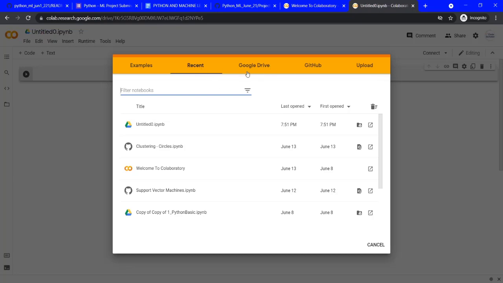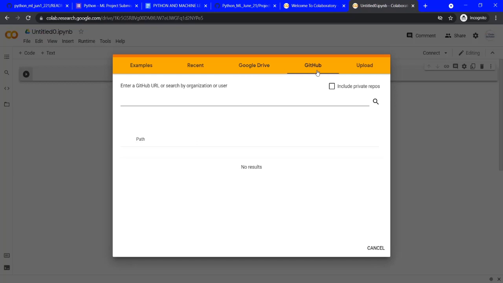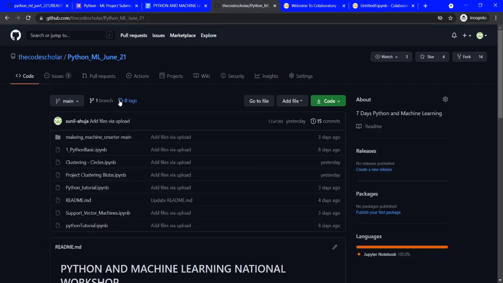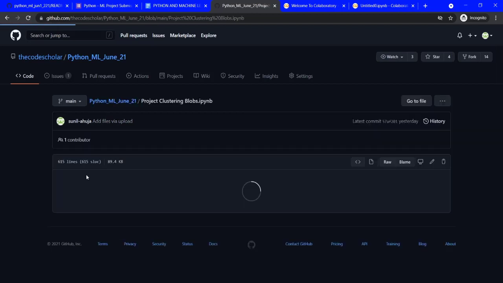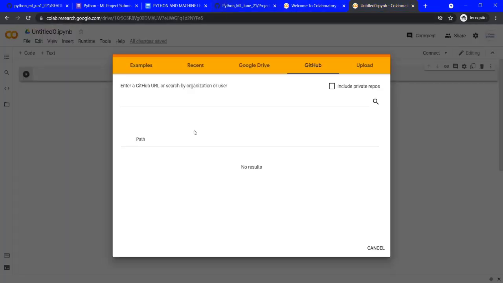It can be your recent files, or maybe present on your Google Drive, or it can be GitHub. From our main bootcamp GitHub account, just copy this file. If you go to this Python bootcamp folder, which was shared with all of you, you can see here project clustering blobs. Click over here, copy it and paste it in your Google Colab.